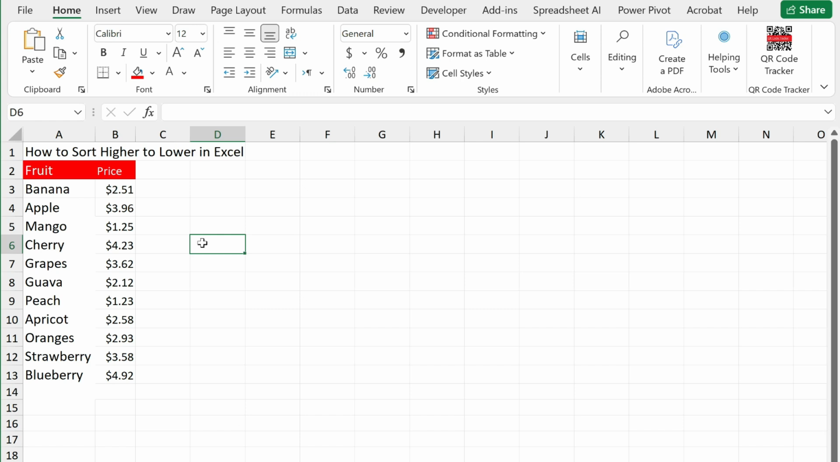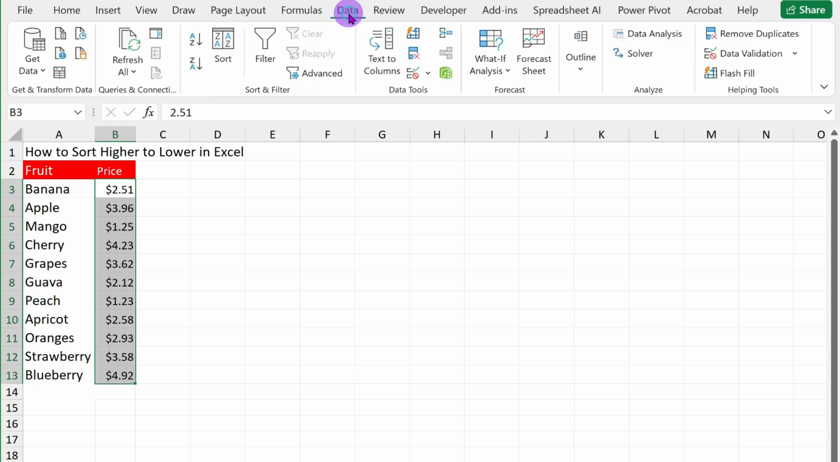So in the first method, you need to select a single cell in the column containing the numbers you want to sort, like this one, and then go to the Data tab on the top ribbon and look for the Sort and Filter section and click the Z to A button. It's like a down arrow,